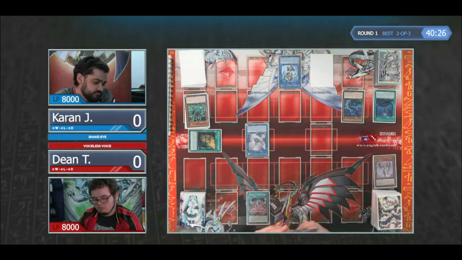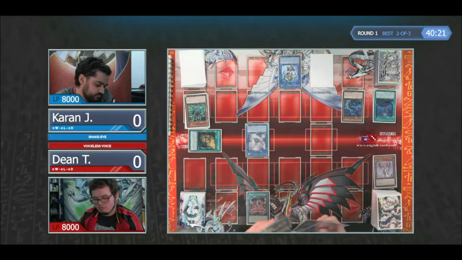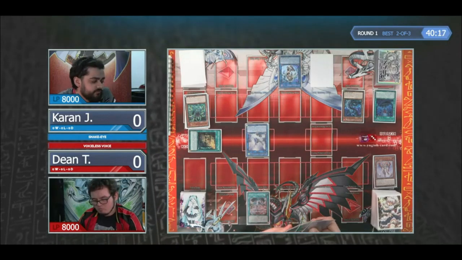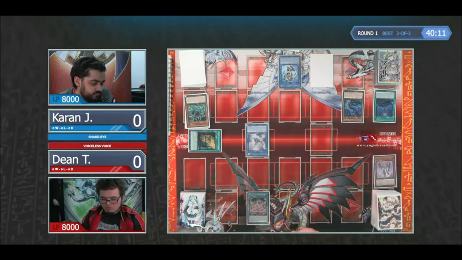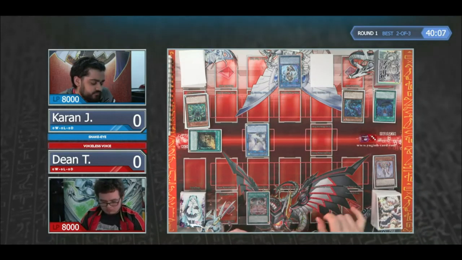Bunch of engine here, which is pretty strong. We're sending the Saphira from the hand here, the new Saphira, the main deck one. So it's a really cool deck in that sense that you're utilizing a lot of these older Ritual monsters. You do actually play the original Soravius. But then there's also these kind of retrains. You got the main deck Soravis, you got the main deck